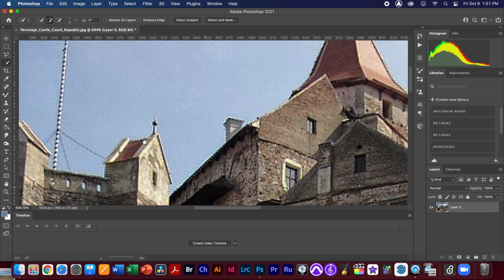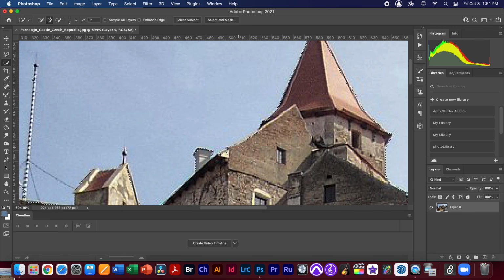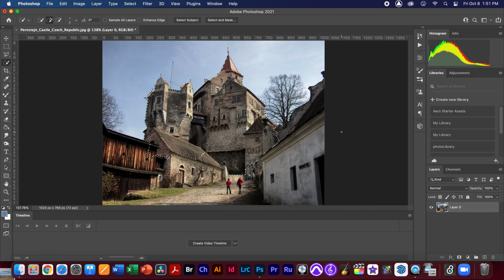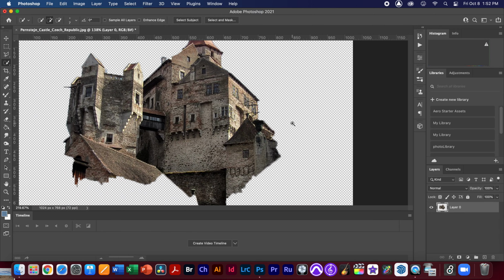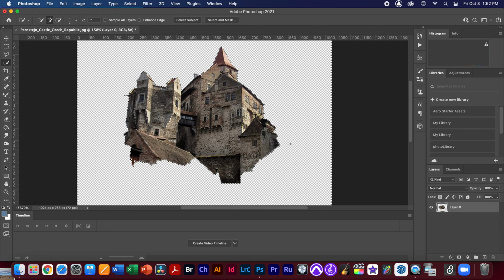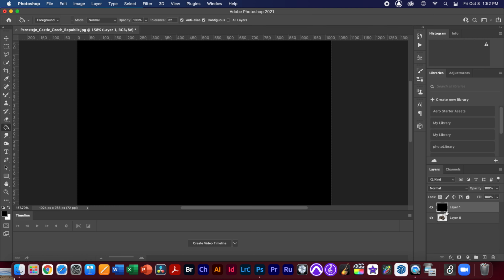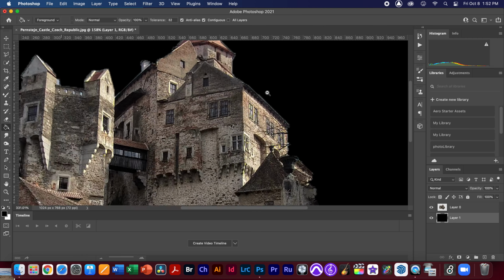And so when you're selecting, you always kind of go around the selection to make sure that you've got everything selected the way you want it to be selected. All right, it looks pretty good. I don't think I made a mistake. So I'm going to invert that selection and then hit the delete button. And I'm going to take a look at my happy work, and it looks pretty good. Now, we're going to do the same thing as we did before. I'm going to go to the plus button, to the fill tool, and then D for default, and I'm going to fill a black layer because what I want to do is like